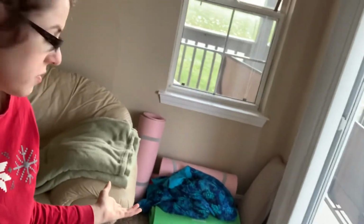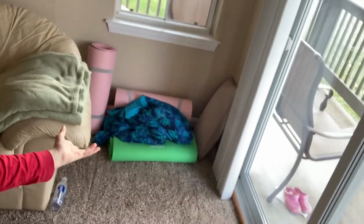There's really a lot of stuff that we could sell Christmas wise that is still at my grandparents' house, and this isn't even including the big tree. As you can see, we have a million yoga mats. That's where the bicycle was. I moved it into my room, so my room is now my room/gym. We're obviously gonna move those, and luckily I have so much room in my closet that I can store that really easily. Just looking back here,